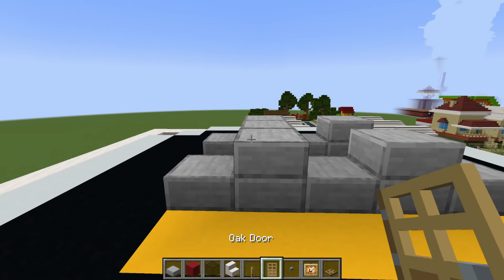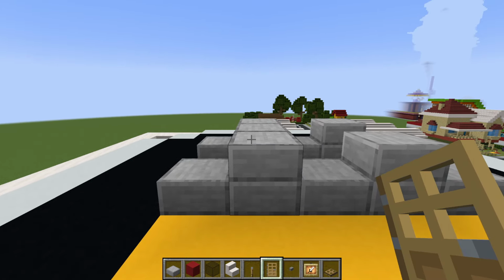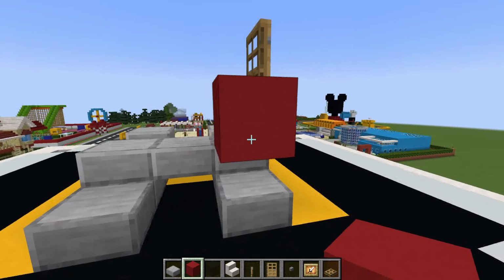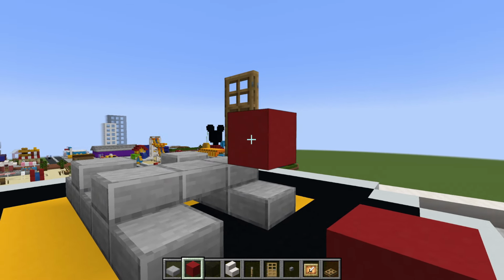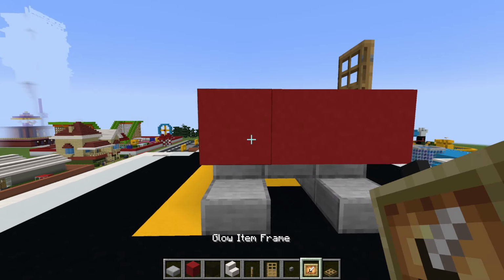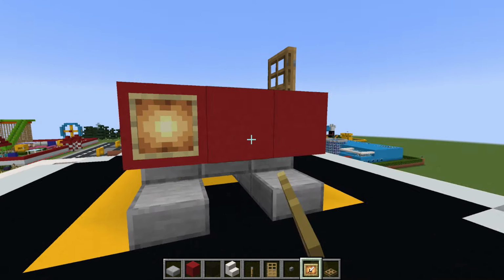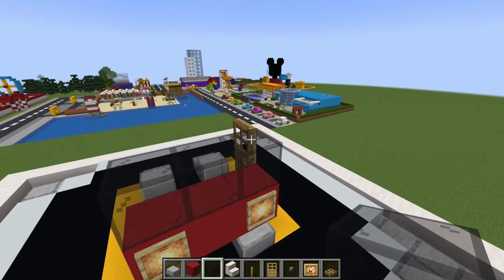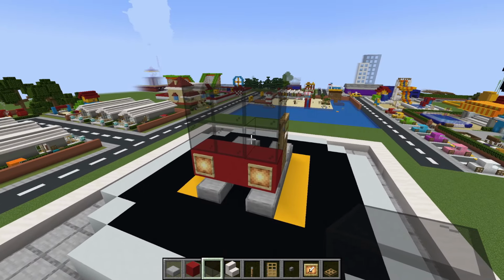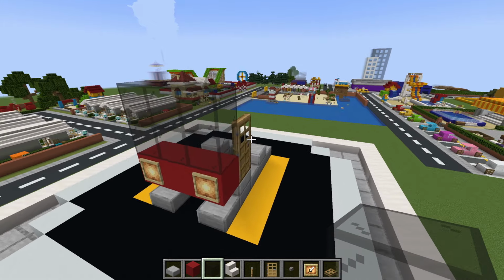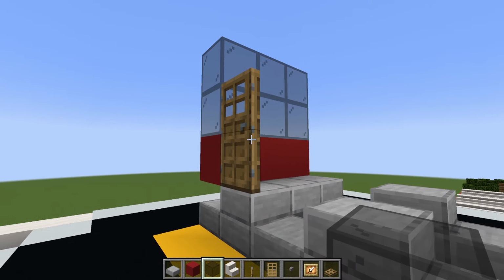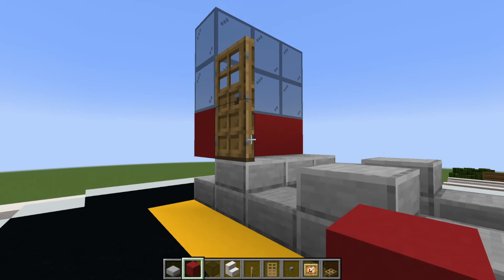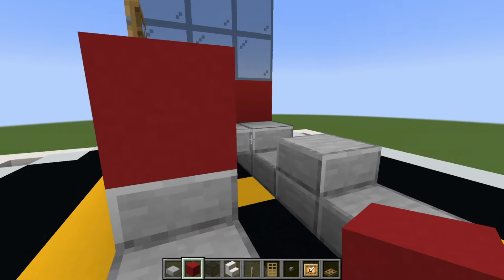Then we want to place an oak door here. Place a red concrete in front of the oak door and extend it left by 2. 1, 2. Place a glow item frame here, and place 2 rows of black stained glass on top of the red concrete. We then want to place 2 red concrete extending backwards from our door, 1, 2, and then we